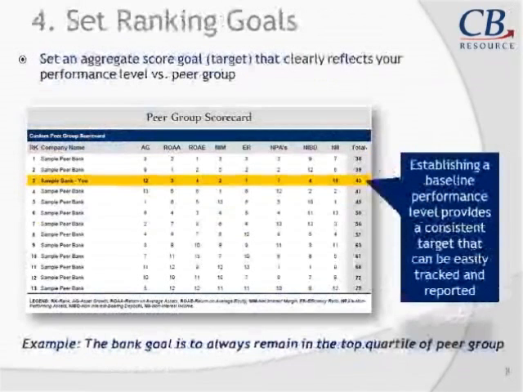Once you've got that methodology or that formula in place, and we can talk more about formulas, or we certainly encourage you to contact us to do so. But the next step, once you've aggregated your score, is to take a look at what's your basis. How do you want to set your target? Now, a lot of banks we work with set a simple goal of the bank's goal is to remain in the top quartile of its peer group. So in this case, the sample bank is ranked number 3. And